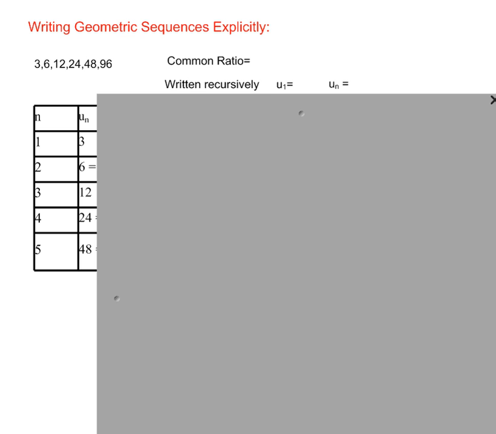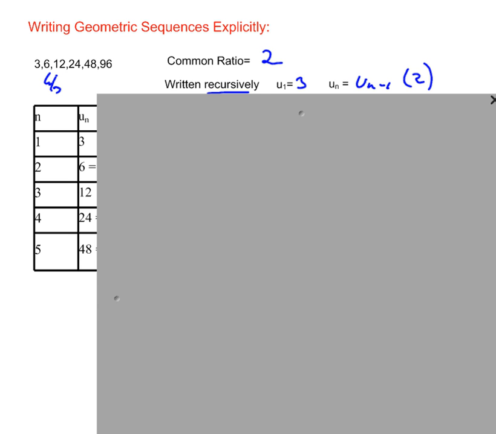Now let's turn to writing a geometric sequence explicitly. Remember, geometric sequences have this common ratio. Here, we can see that we have 6 over 3, 12 over 6. The common ratio is going to be 2. U sub 1 is equal to 3. So if we write it recursively, we can see that u sub n is equal to u sub n minus 1